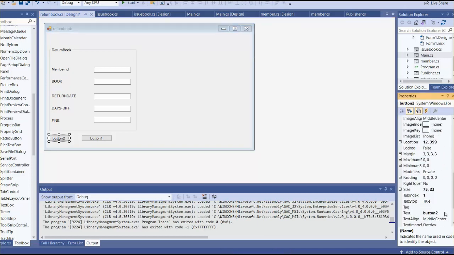Change the text of the buttons. This is save. Sorry. This is cancel. Okay, now it's all done. You can change the design according to your needs, but now the main concern is